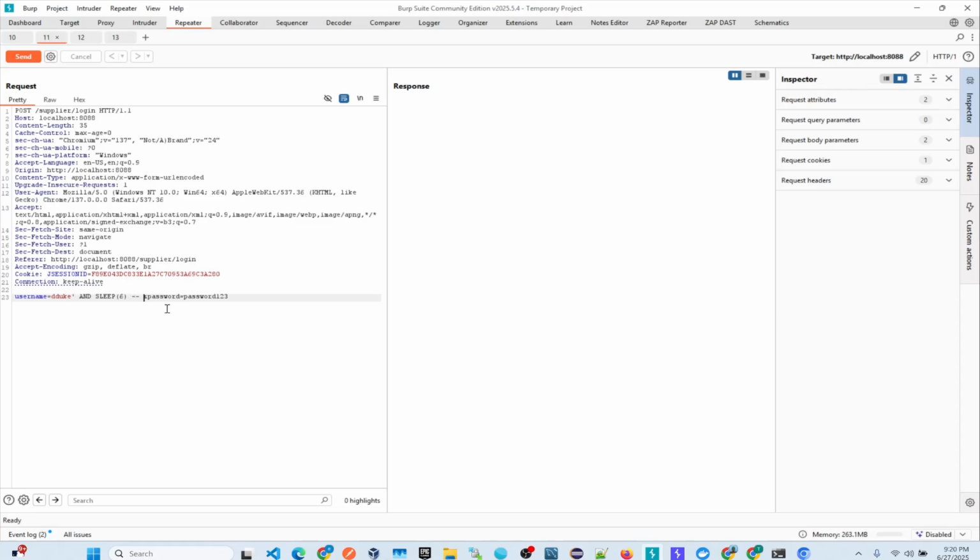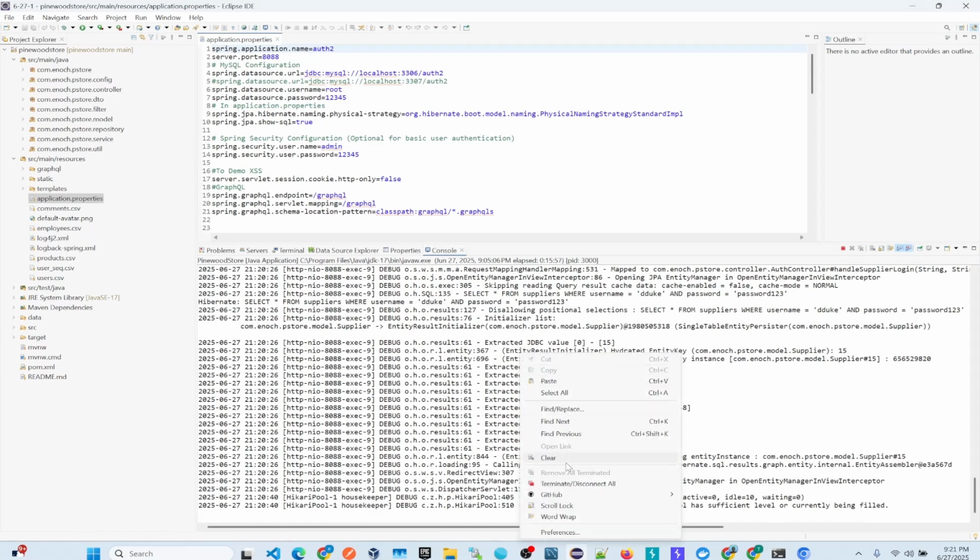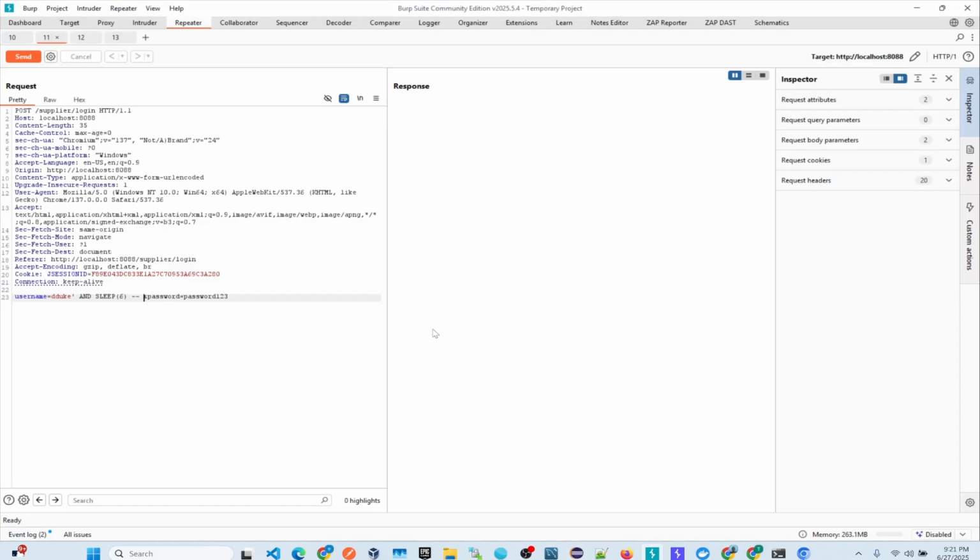Alright, so now when I send this, and I just want to show you this in logs as well, so I'm going to go ahead and clear this out. When I send this, if it gets delayed by, let's say, 6 seconds, then obviously the database or the application is vulnerable to time-based SQL injection. And after that, we're going to take a look at what an attacker can do. In this case, you obviously have to imagine yourself being an attacker, right? That's the best way to defend. So let's go ahead and send it,